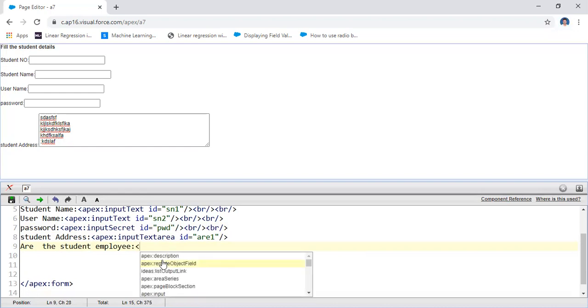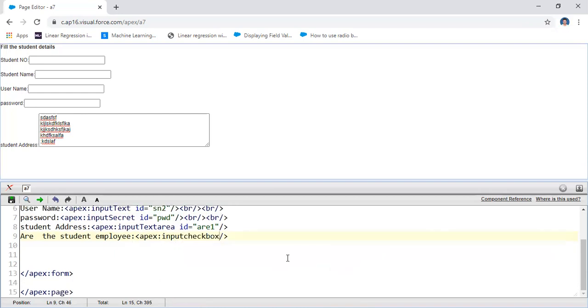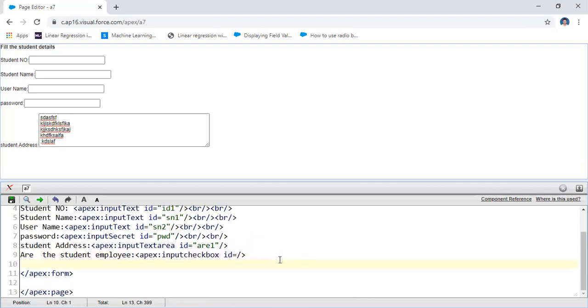Text boxes are already represented here. Here you will use apex input checkbox. Only one checkbox is there. For this one I am using the id value, id equal to, let us assume this value.